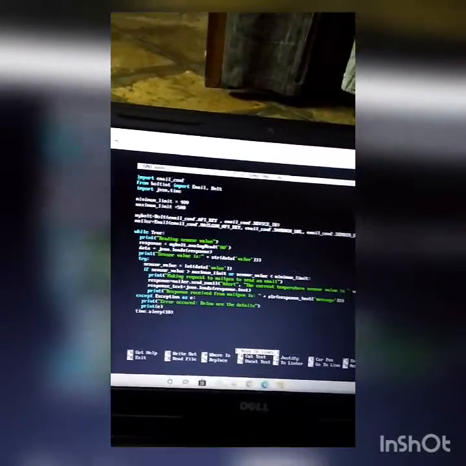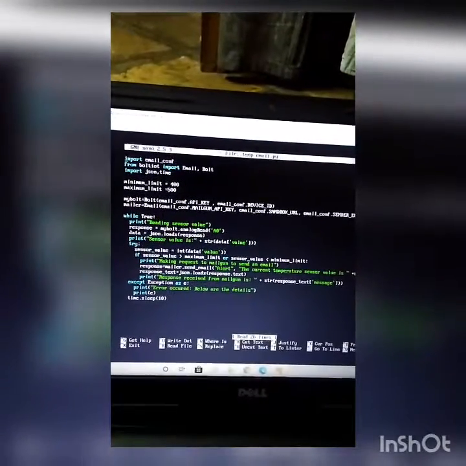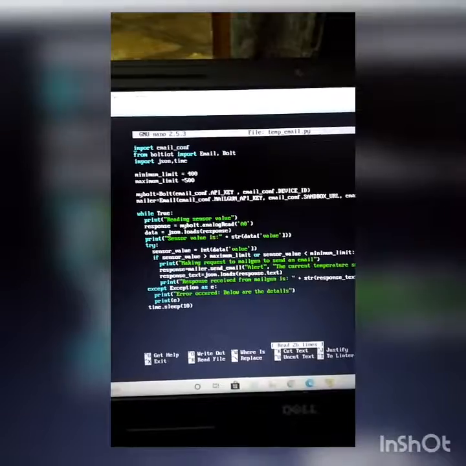Here the sensor value is enclosed in the try-catch block. If there is any error, the catch block will be executed. The statement time.sleep(10) puts the program execution on hold for 10 seconds. This means that the program would not execute for a period of 10 seconds.